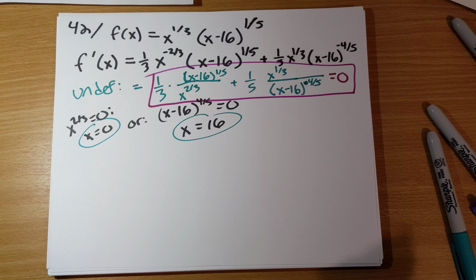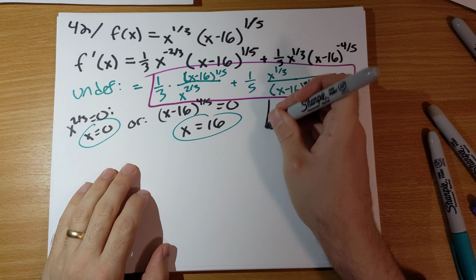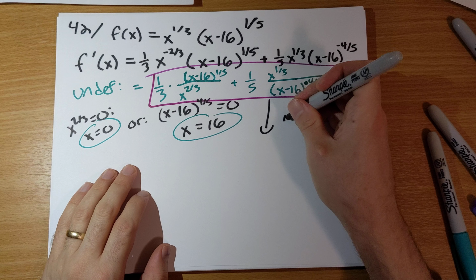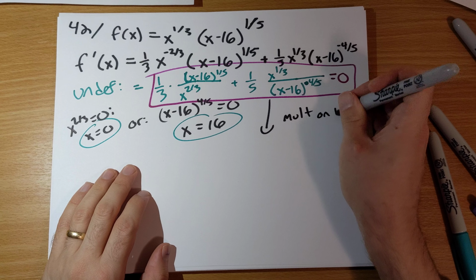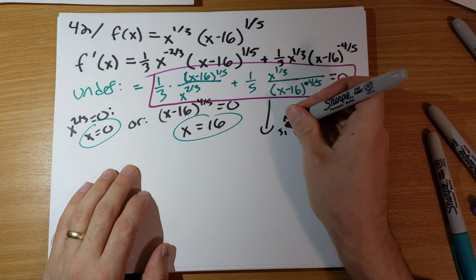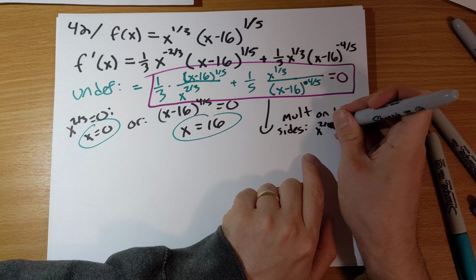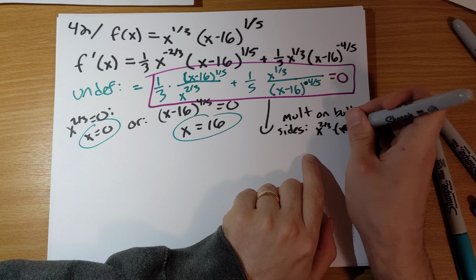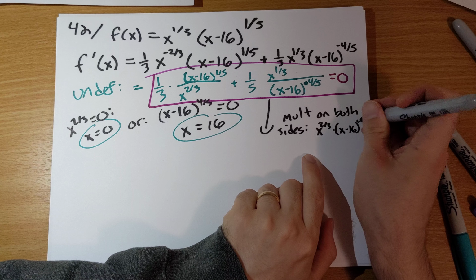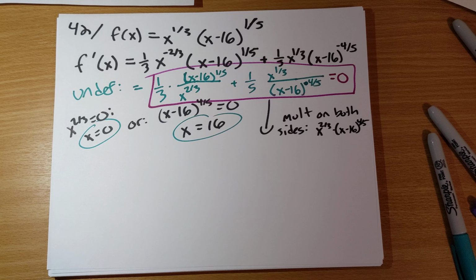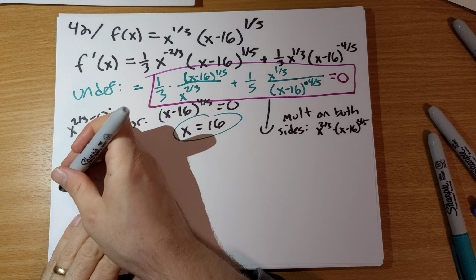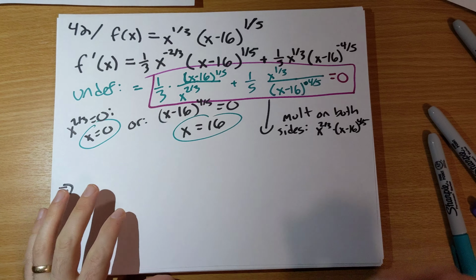So I want to multiply on both sides by x to the 2/3 times (x minus 16) to the 4/5 power. I want to clear out the denominators here. And so that would yield